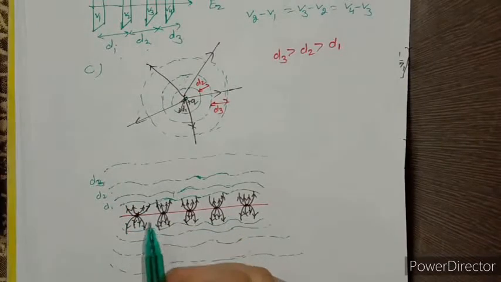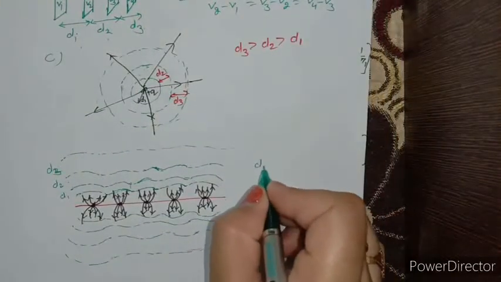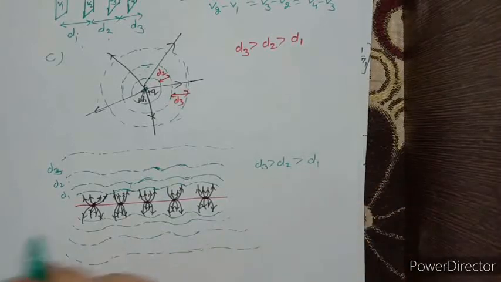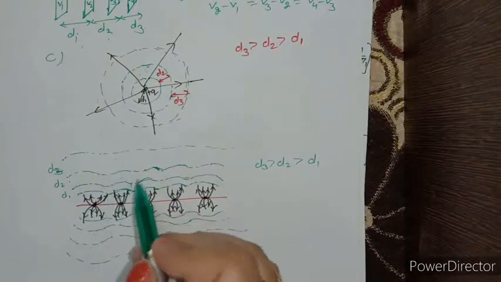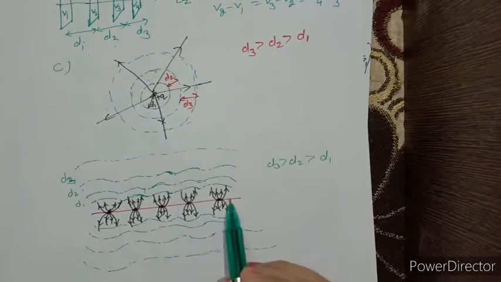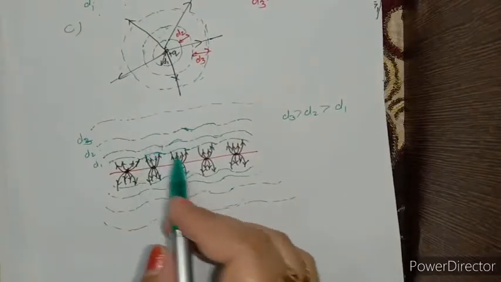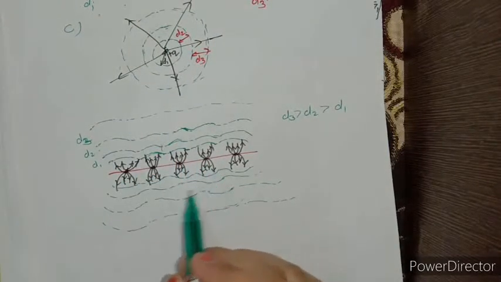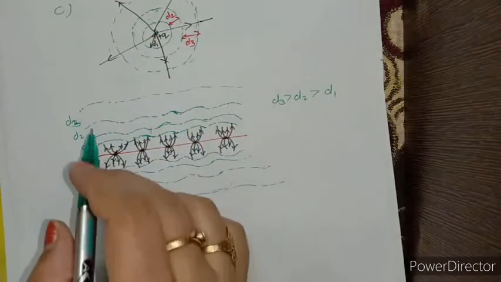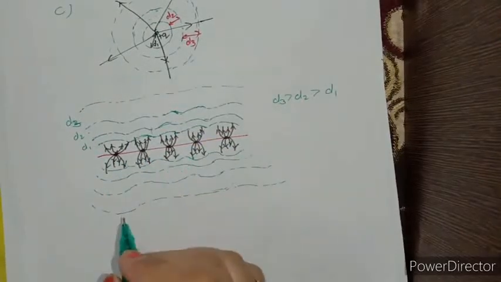like this. But D1, D2, D3 are such that D3 is greater than D2 and D2 is greater than D1. The separation between the equipotential surfaces increases as we go away from these point charges on the wire. So this is the equipotential surface when a number of long wires are joined to each other, and we can say that as the distance from these charges increases, or as we go away from the wire,